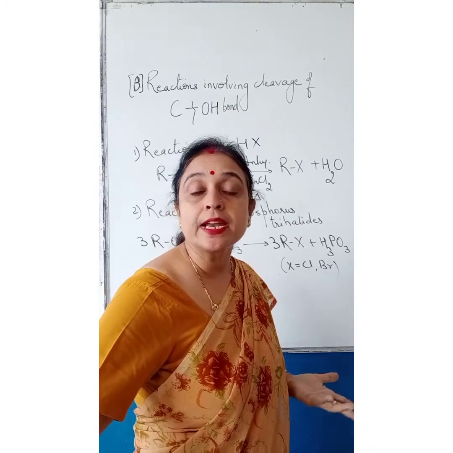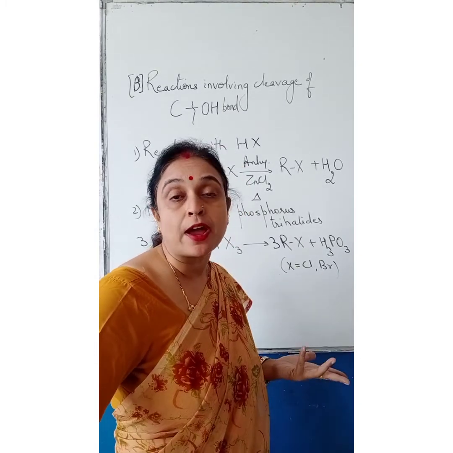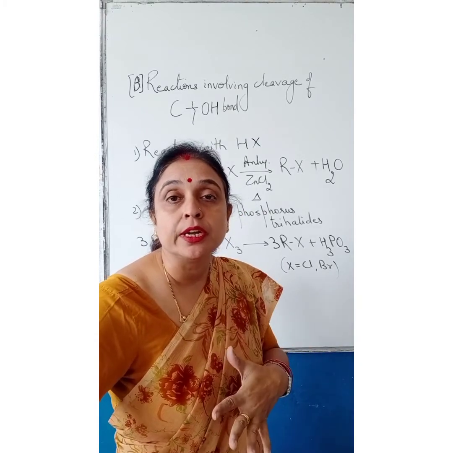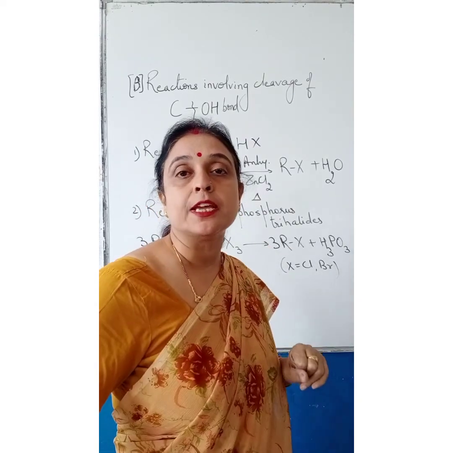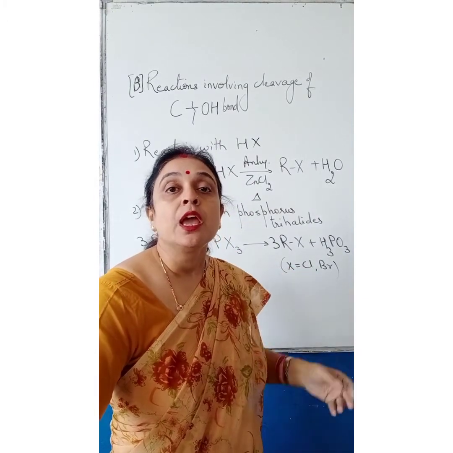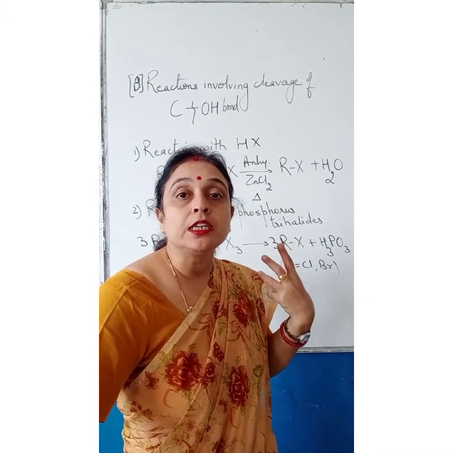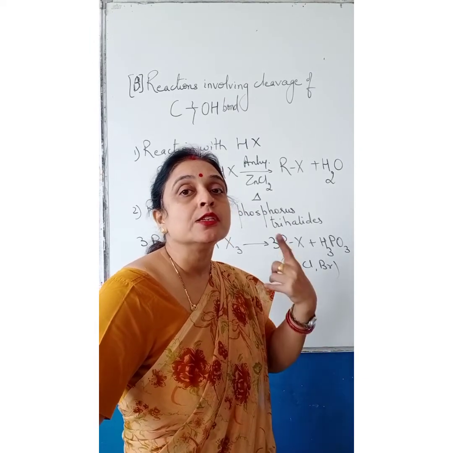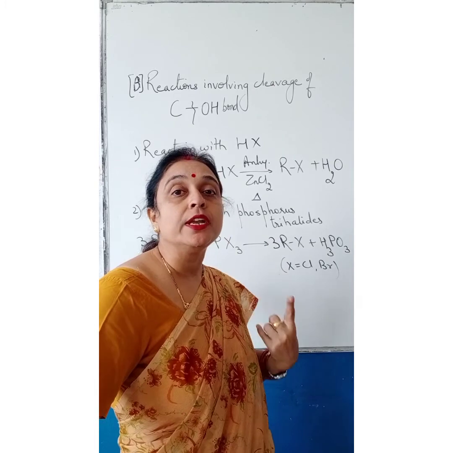By just looking at these liquids, we cannot find out whether they are 1 degree, 2 degree or 3 degree. So we will make use of Lucas reagent. You add Lucas reagent in all the 3 test tubes. If you find that the turbidity, the milkiness, is appearing immediately, then that compound is a 3 degree alcohol.